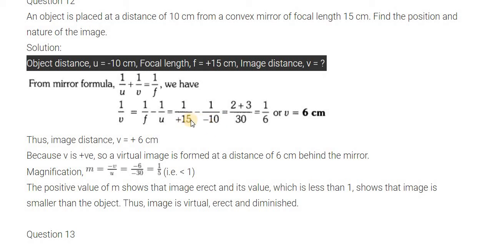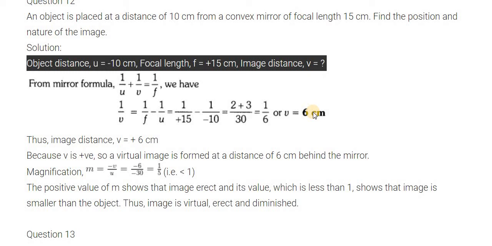Here the LCM is 30, so we just multiply: 15 twos are 30, and 10 threes are 30. So 2 plus 3, minus minus plus, so 2 plus 3 divided by 30. So 5 divided by 30, so 1 by 6 is our answer. So 1 by v is equal to 1 by 6. So v is equal to 6 centimeter. This v indicates that we got our image at 6 centimeter,